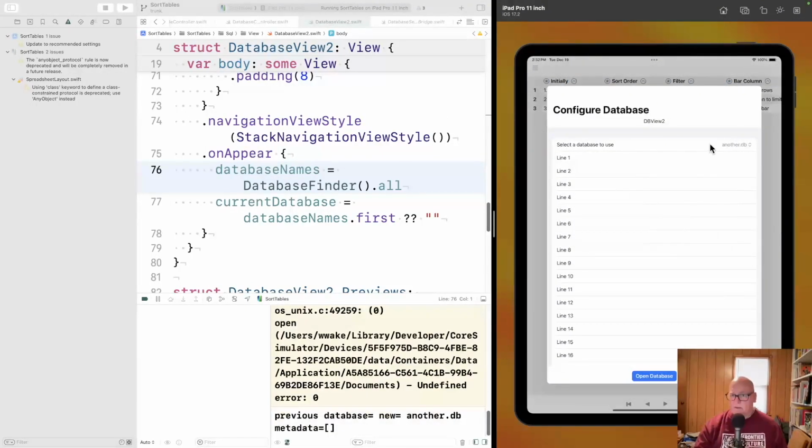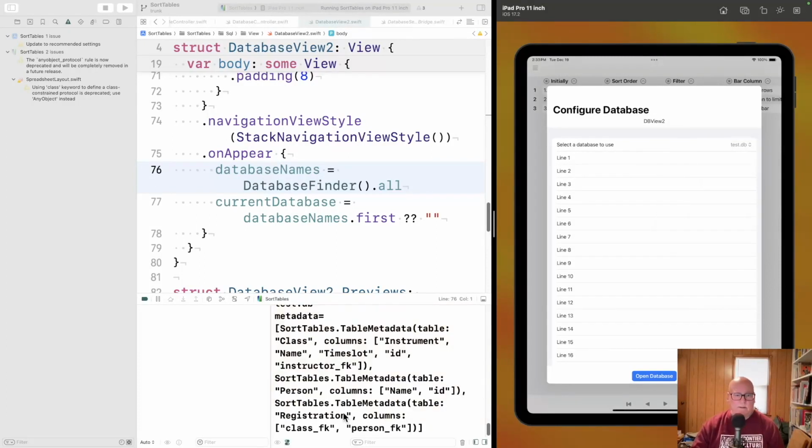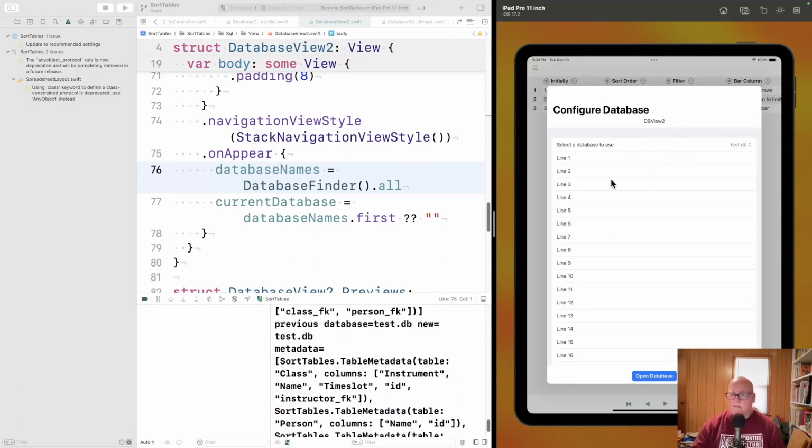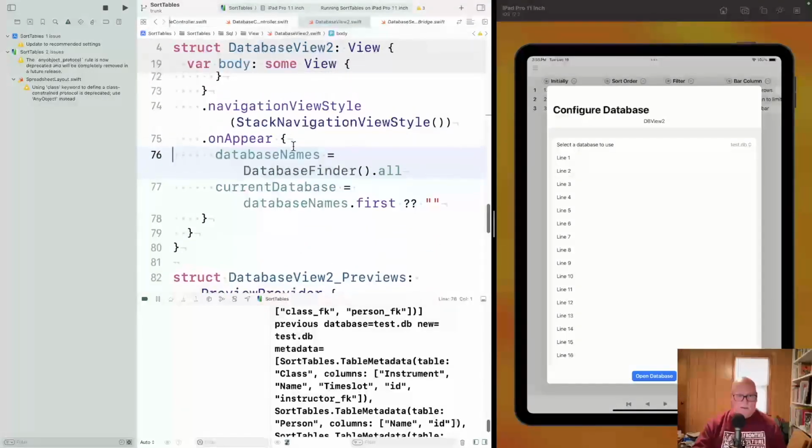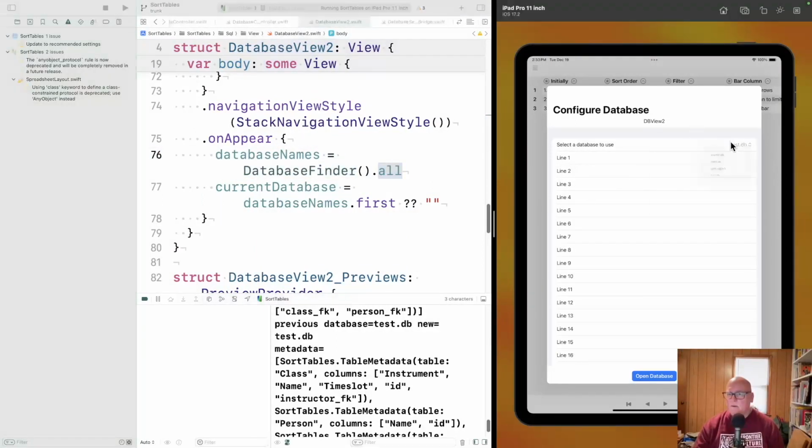Okay, so this, oh, the 2, they're SQLite 3s. Well, that shouldn't matter. Okay, here's testDB. Okay, that gets all the stuff. All right. So database names, this thing, wait, where? Another DB, testDB, SQLite 3,